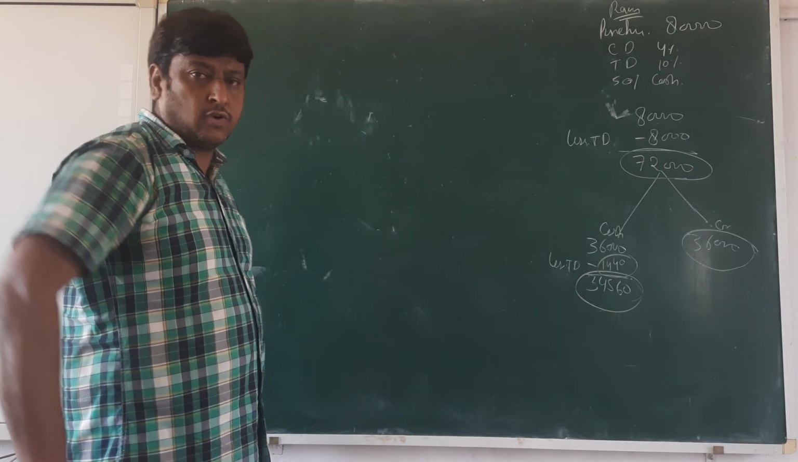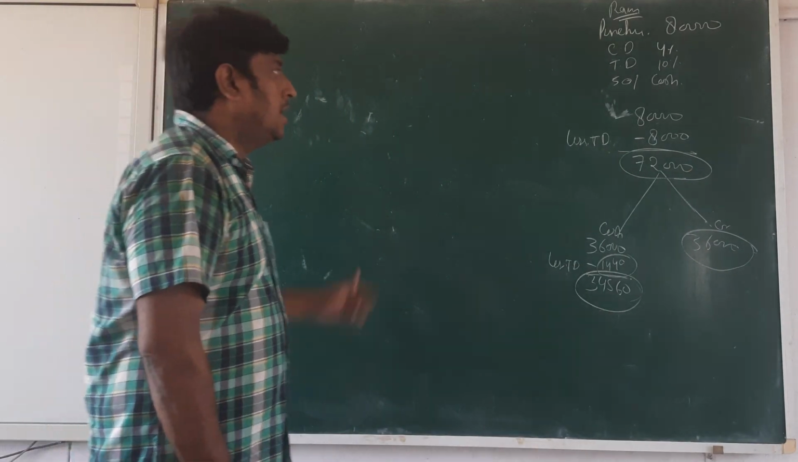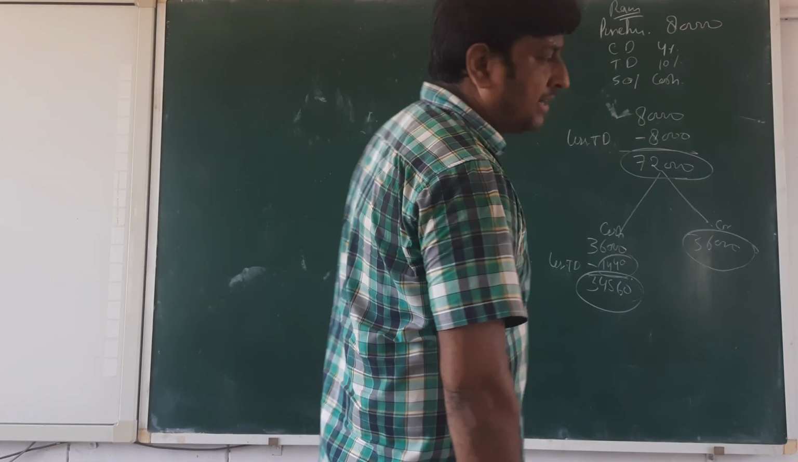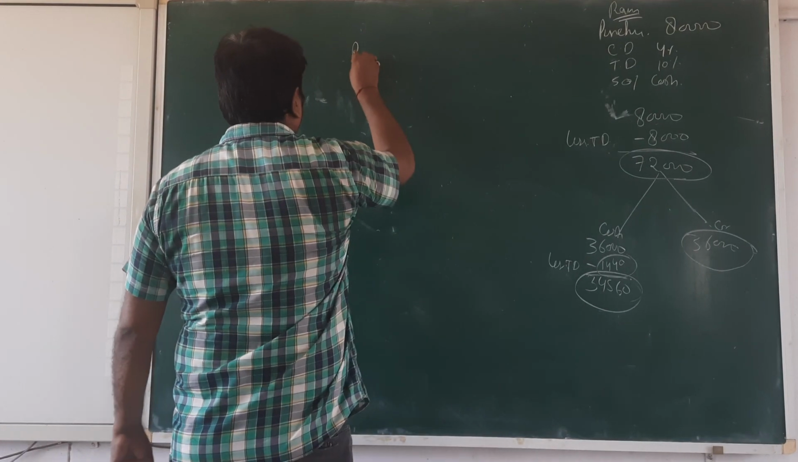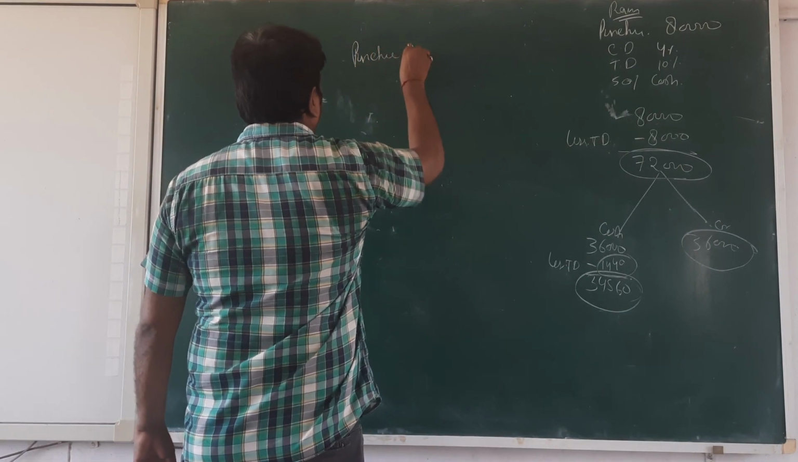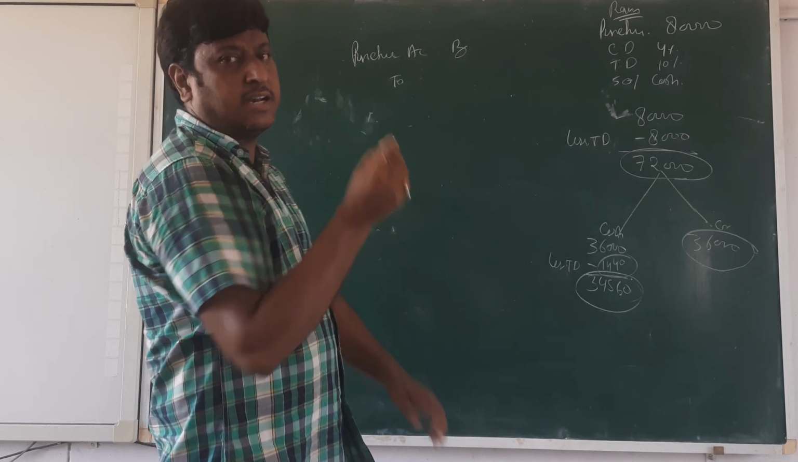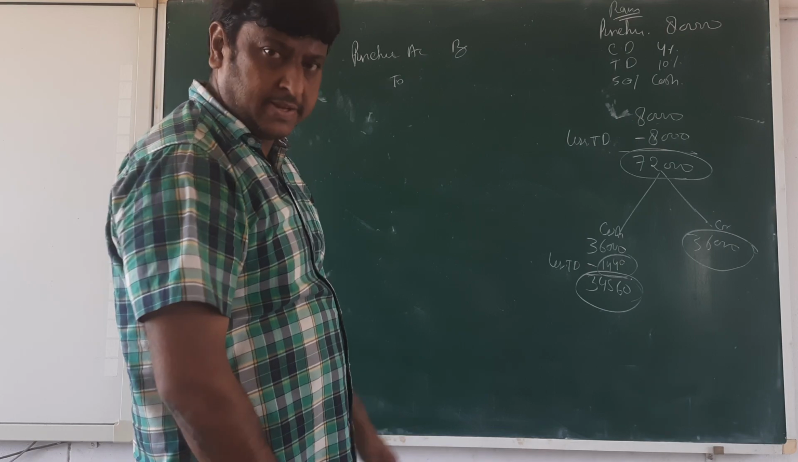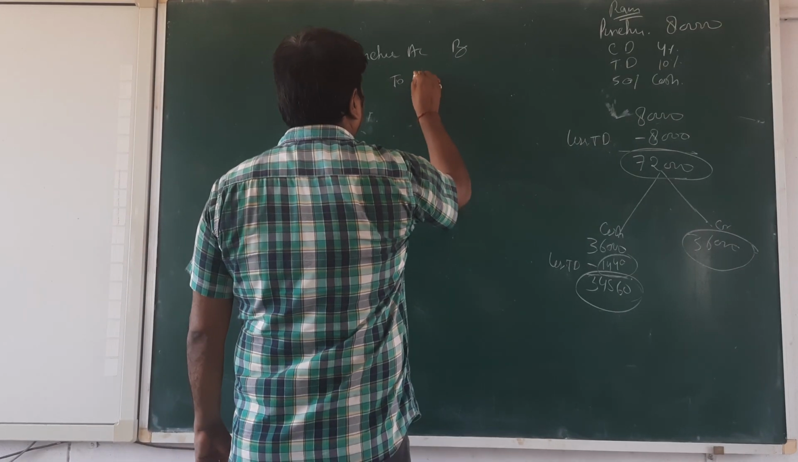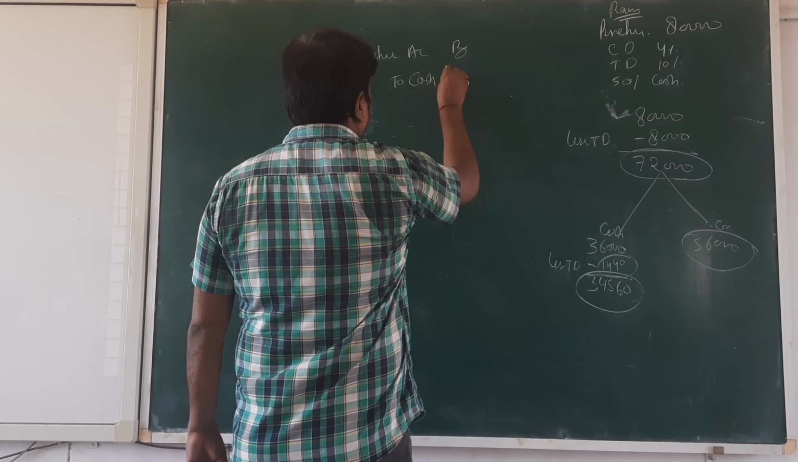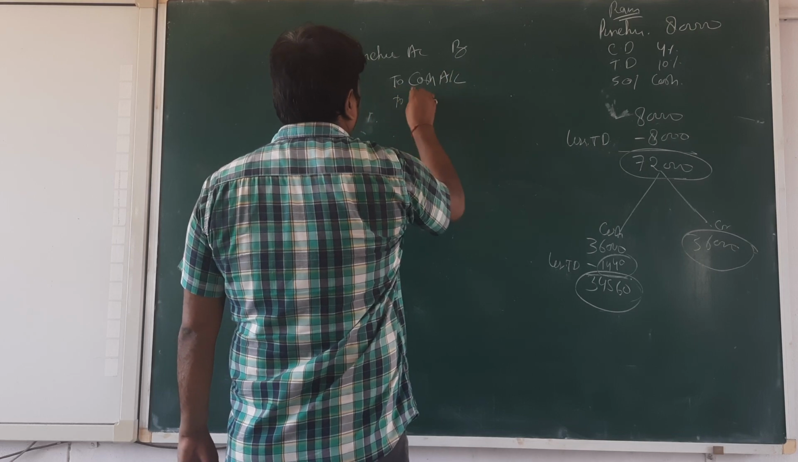And now we are going for the entry. How are we going to do the entry? Purchase. Purchase will be debit, beta. So the entry is that: purchase account debit, then the cash you are giving is credit, cash account